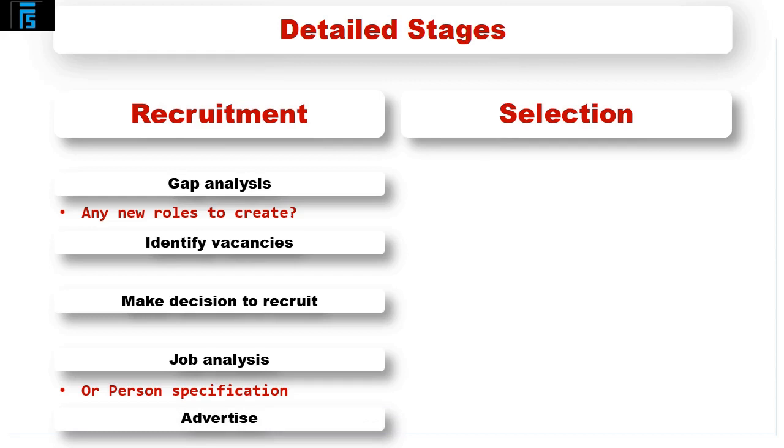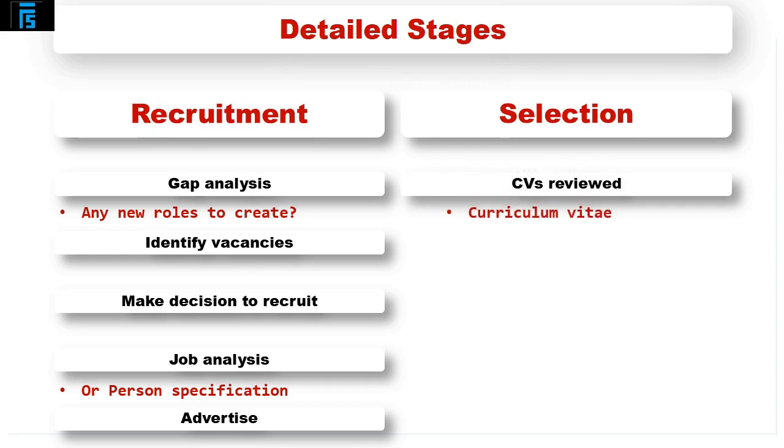The second thing we do, once we've done the recruitment, is we now start doing the selection. So first of all, we review people's CVs. Now, if you haven't come across what a CV means, it's basically shorthand for what's called a curriculum vitae, which is a fancy way of saying it's a summary of what you are like. It has things like your background, the schools you went to, the qualifications you've got. It would also have details about what previous posts you've had, what skills you have gained, what experience and knowledge you have got. We would look through those CVs.